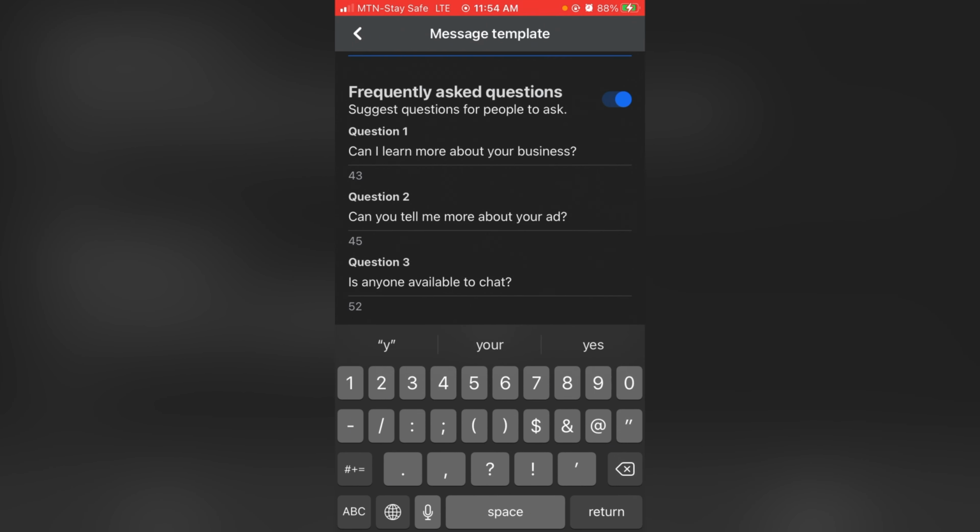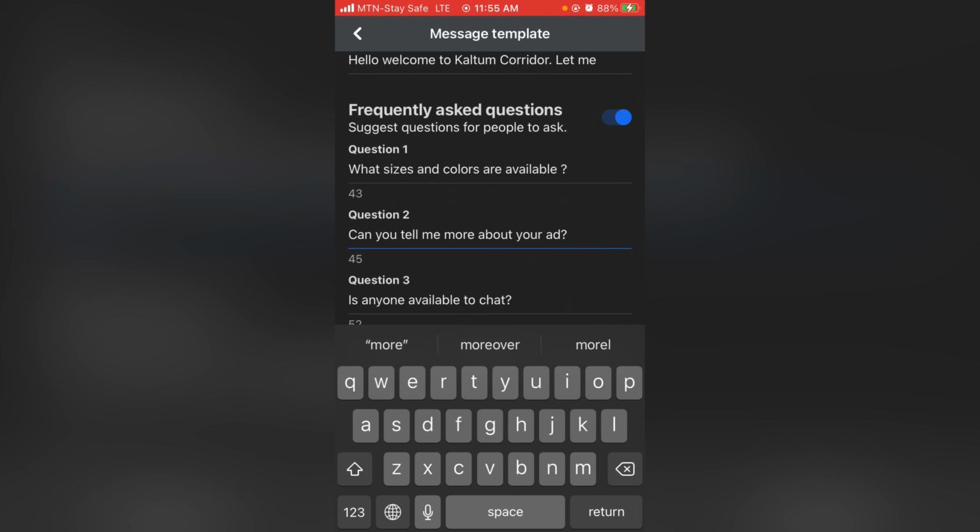Then this question 1 is saying, can I learn more about your product? That is a template you are giving to your customer. Okay, so don't use can I learn more. Let's say you are selling products that are in different sizes, and then you can write this template question over there. What sizes are available? This first question, I said what sizes and colors are available. Okay, so since you are selling baby